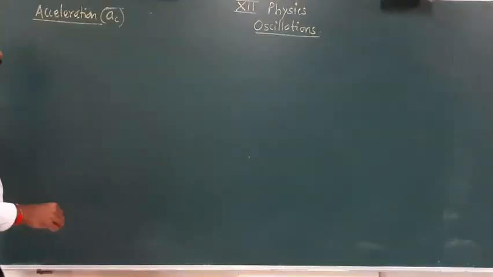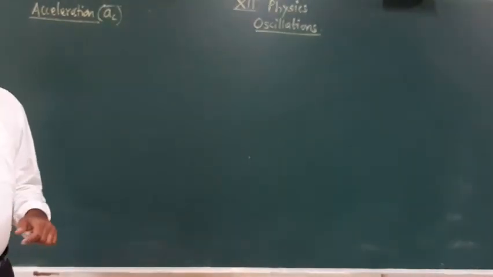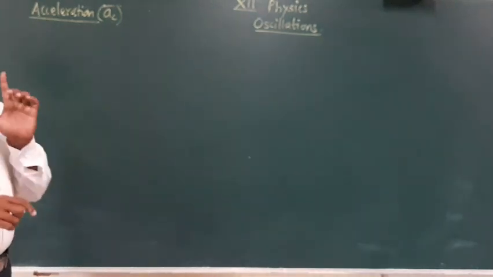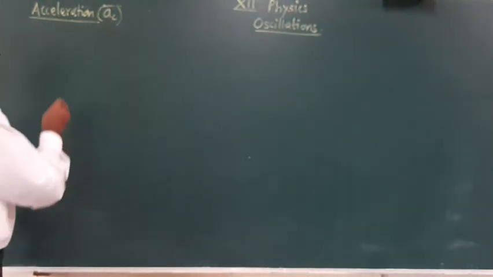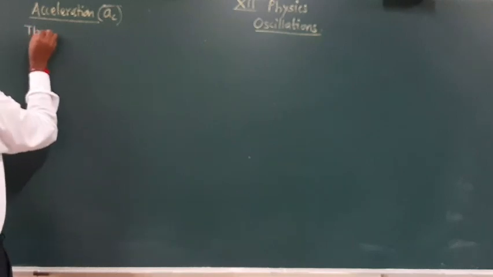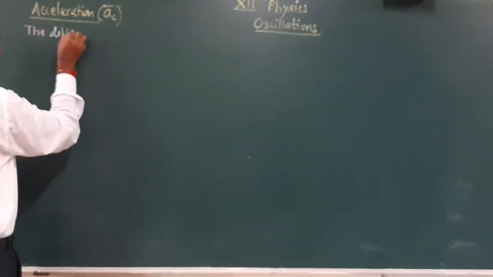I am writing AC for acceleration instead of only a, because in this chapter A means my amplitude, so we don't get confused. The differential equation of linear SHM is